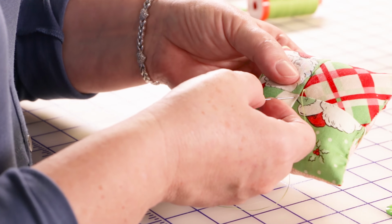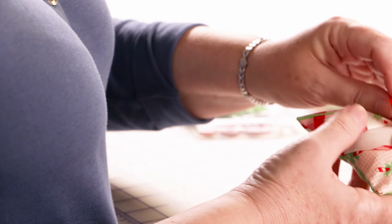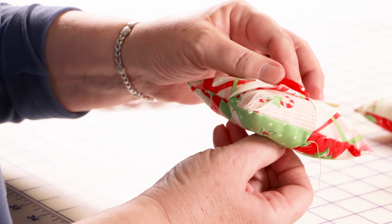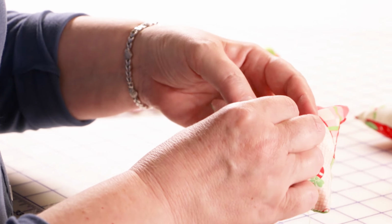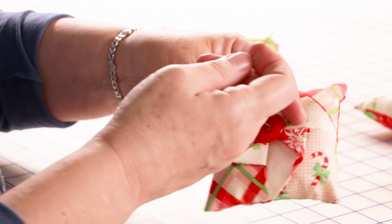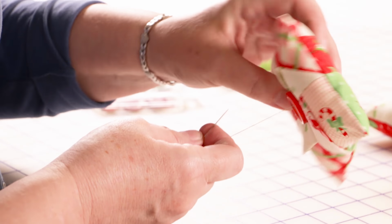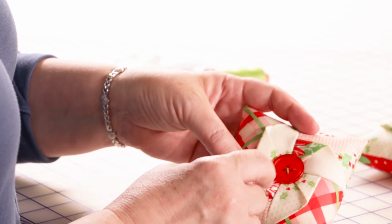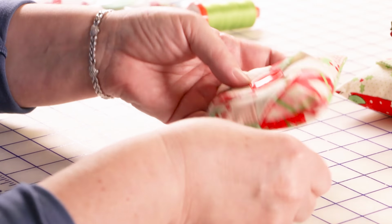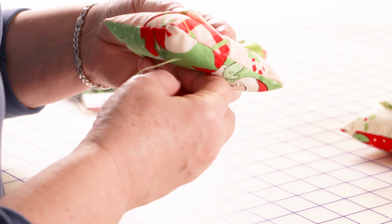Now, diagonally across from it, I'm going to pick a spot to go back up, and I am going to come up underneath the button in the same spot the thread comes out in the stitch before. Now you decide how far down you want your pincushion to be tufted. So I like it right about that. It's just a little bit. And so normally a decorative finish on this would be to sew through the other 2 holes too, but they're not going to show with this button on top, so I'm not going to take the time to do the X. I'm just going to go up one more time,